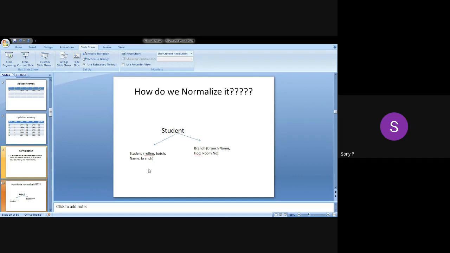This branch information is needed in both tables because when we divide the tables, we have to minimize the loss of data. For this, we have to put this branch into both tables.